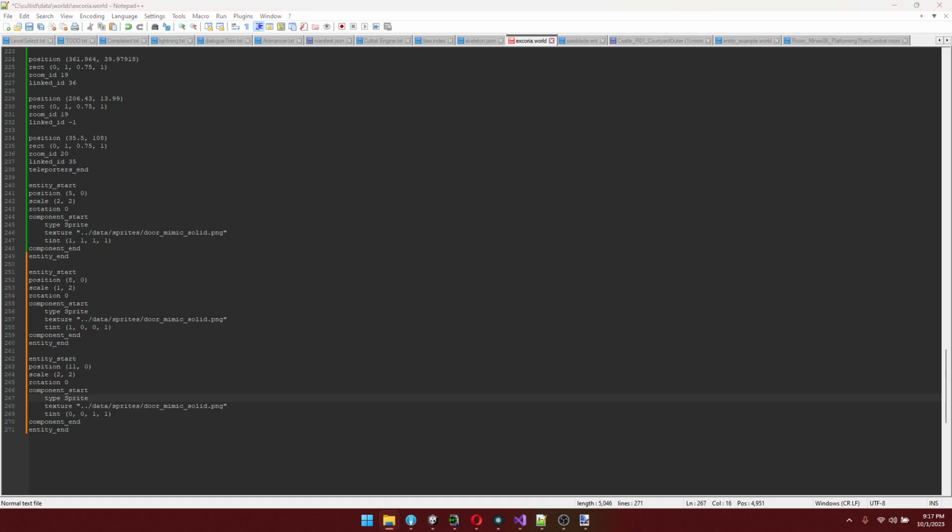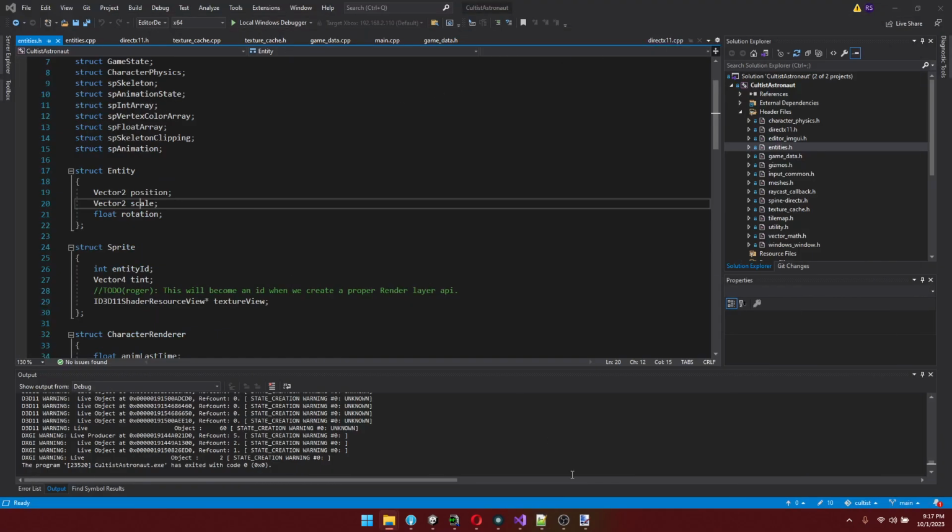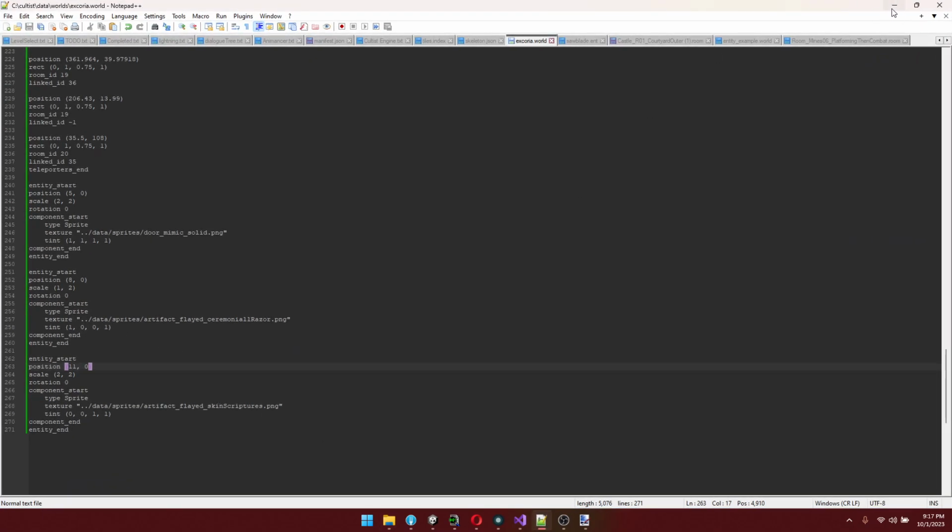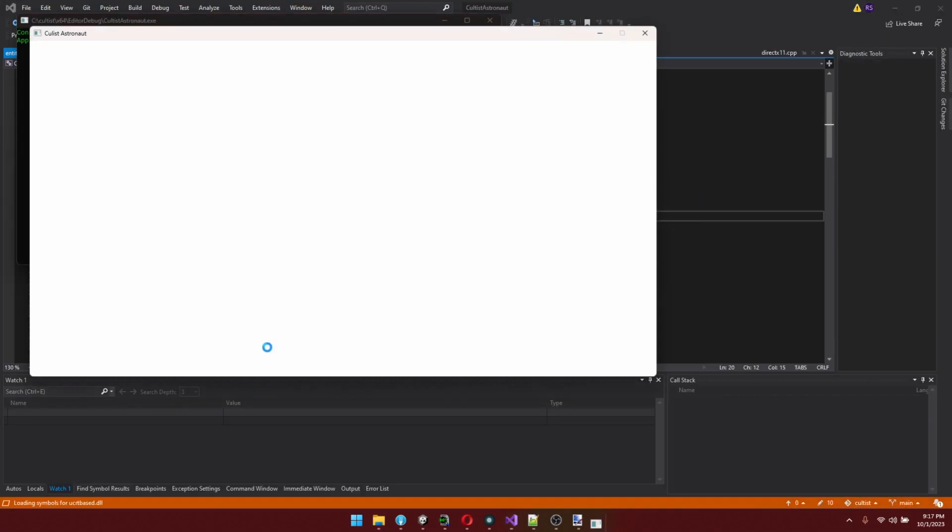So let's get the artifact ceremonial razor in. Let's do the sculptures. And I'm going to make this art look really ugly because I'm tinting it. And of course, make sure the file is saved. So there's 3 entities that I've defined. Now when I run this,